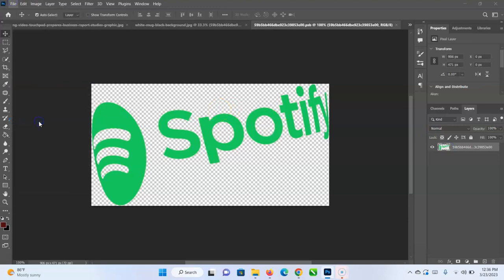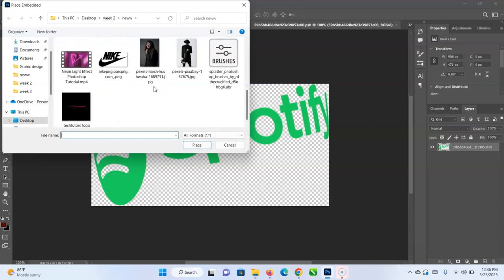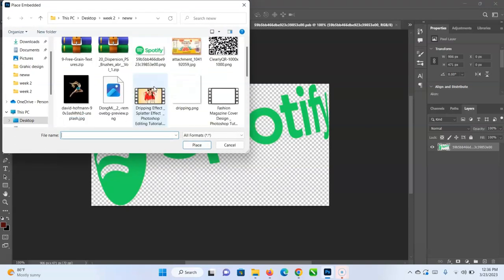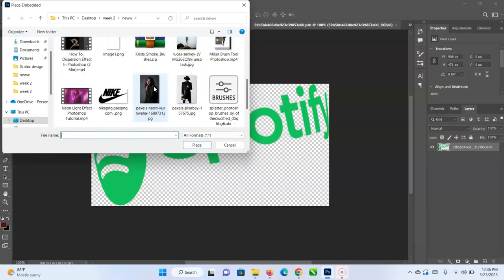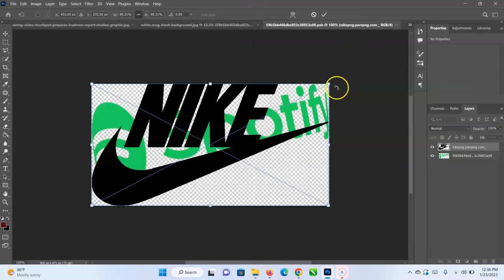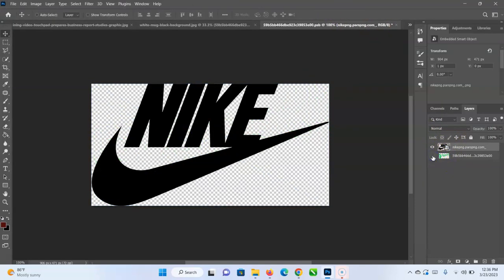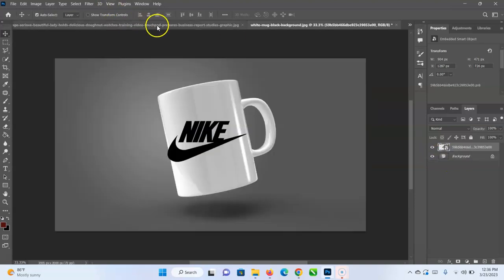File, place. Do I have a text logo? I do not have a text logo, so it might not work. Okay, let's try this. Something like this. It's not going to work with it because Ctrl S first, right? So it's just going to be straight, it's not round. But let's